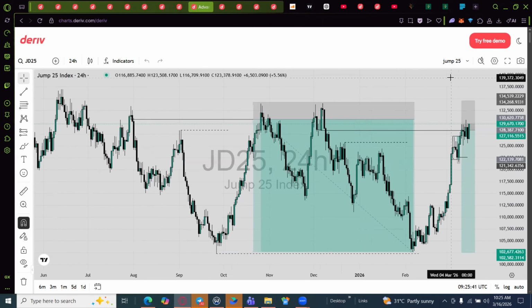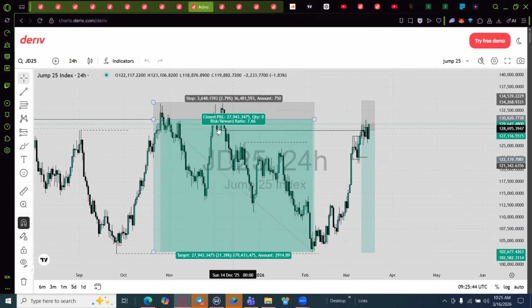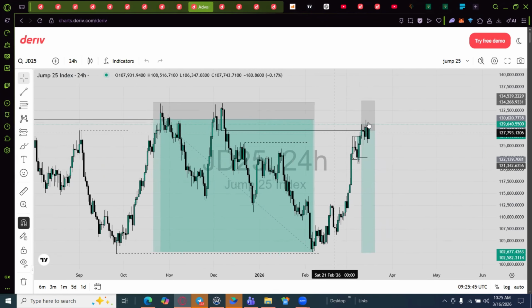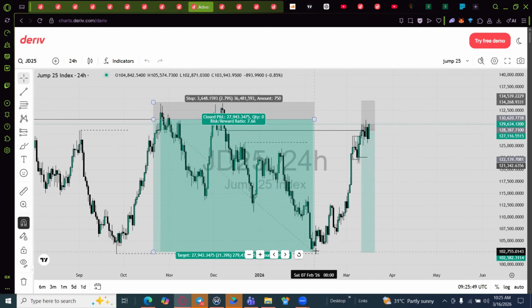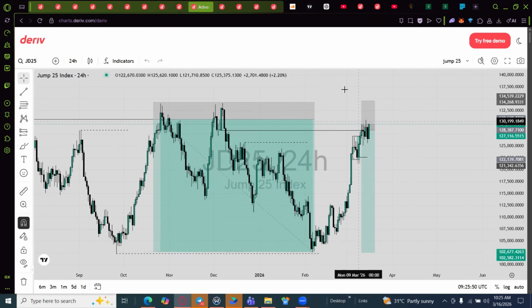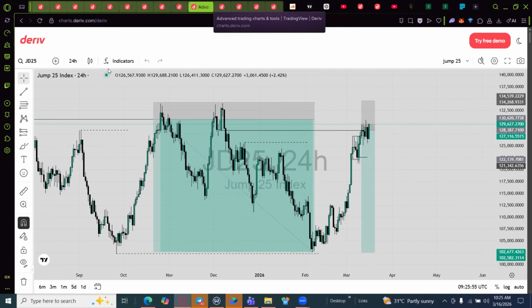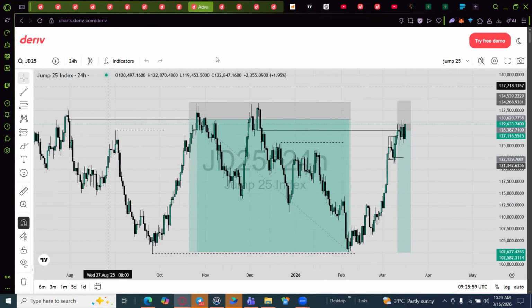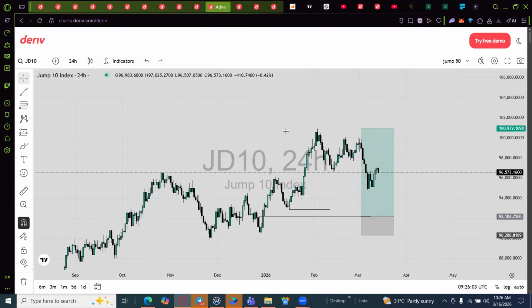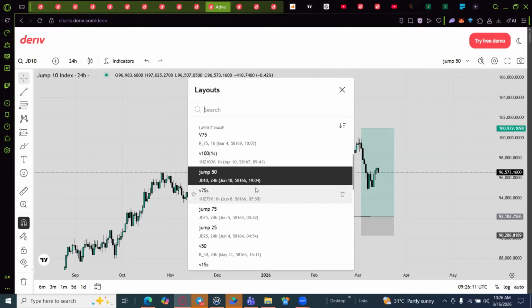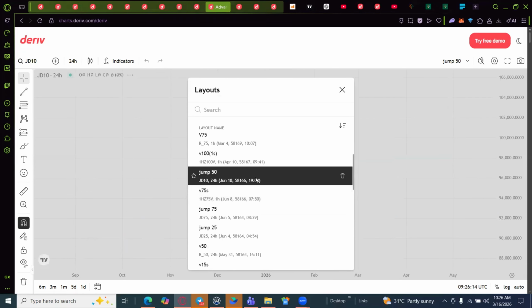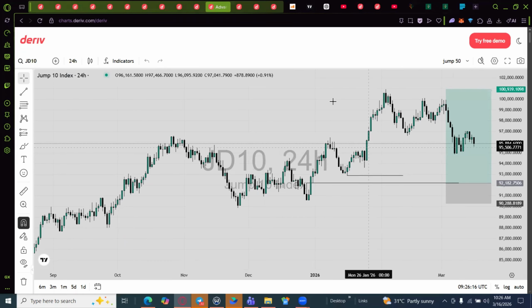All right. So basically, I'm waiting for a confirmation to start selling down to this zone. Let's go to the next one. Right now we have nothing tangible on Jump 25. Which one is this? This should be Jump 10. Why did I name it Jump 50? Anyways,